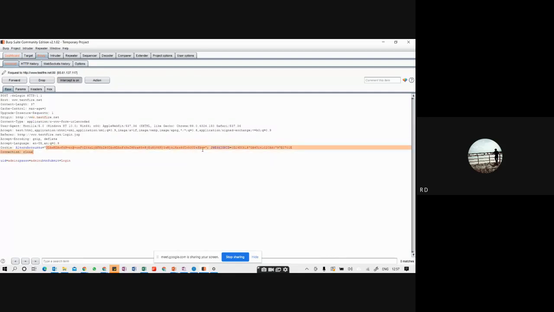We can steal the cookies also with this. Session IDs can also be stolen with this, particular attacks can be done. And on the other side below, we can also see the username and password in the plain text. If it was HTTPS, then we would not have been able to see this. Okay, so this is the basic configuration of